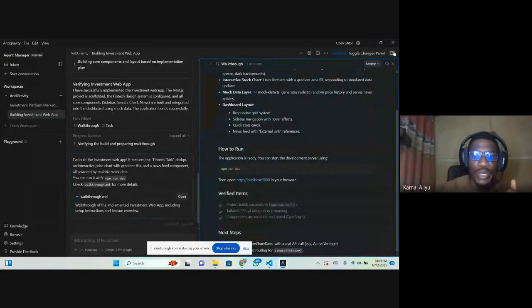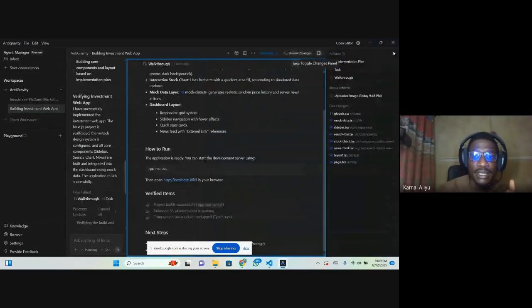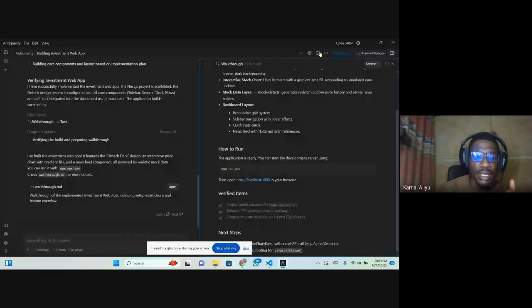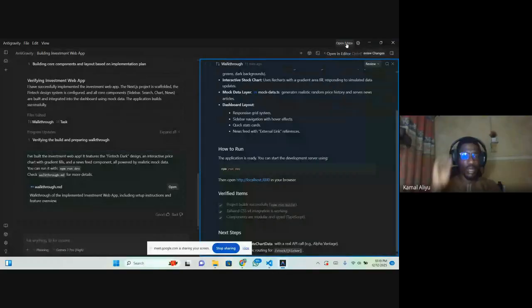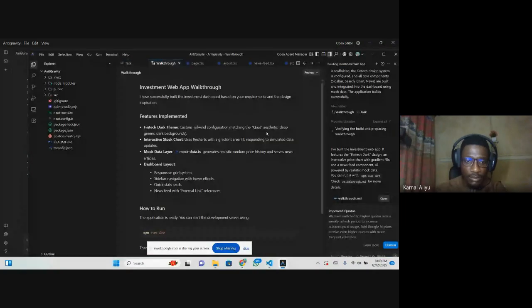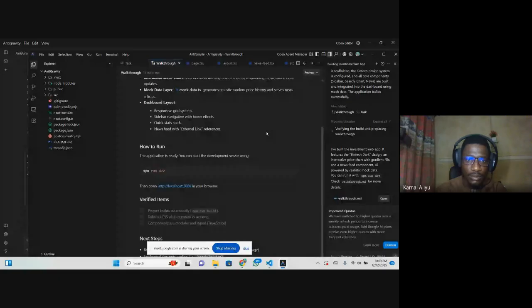Yeah, go to review, open the editor. Next to it, there's a setting icon.